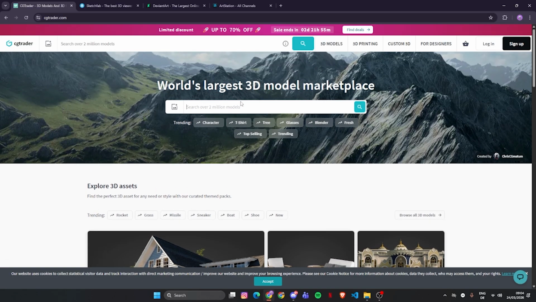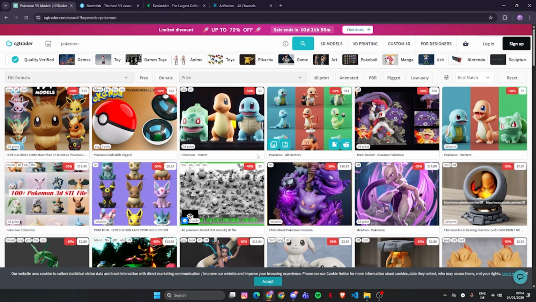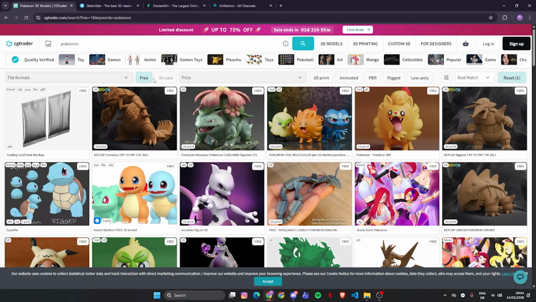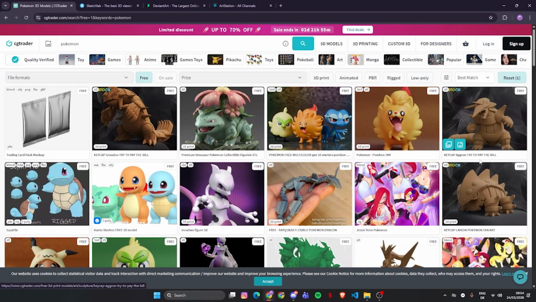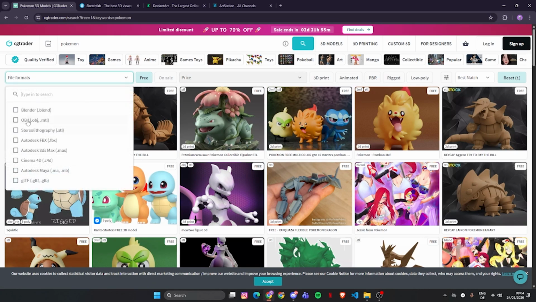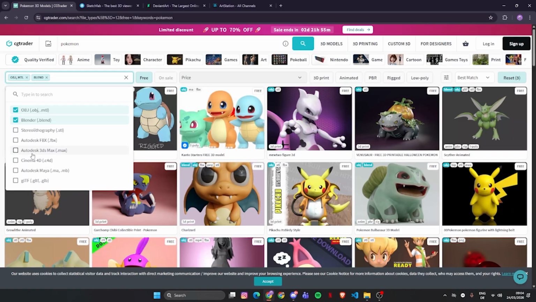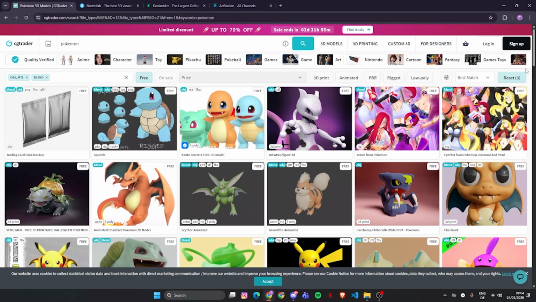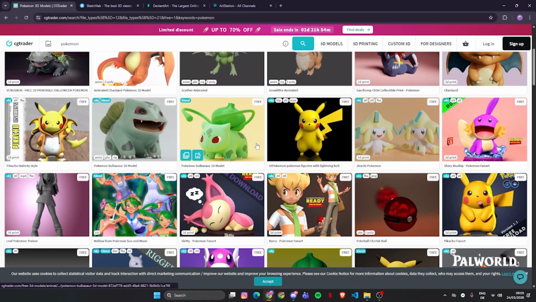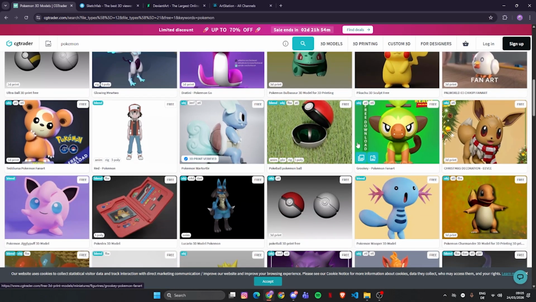I'm just gonna guide you through my process, which is actually quite tedious at times. And what I'm going to do is search for something that I would like to actually create in Minecraft. I'm gonna select 3D over here. Often you'll see that they are STLs, but really what we're searching for is a format which is either OBJ or Blender. They both work. But if you do want to pose the character in any way you want, or if you have your own 3D character, you can also use that.